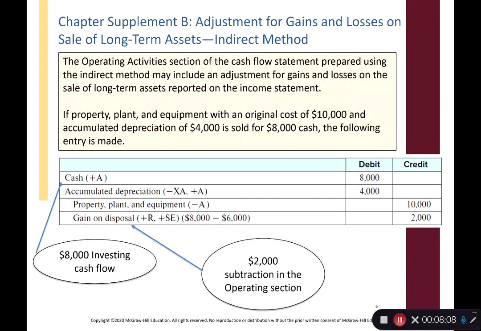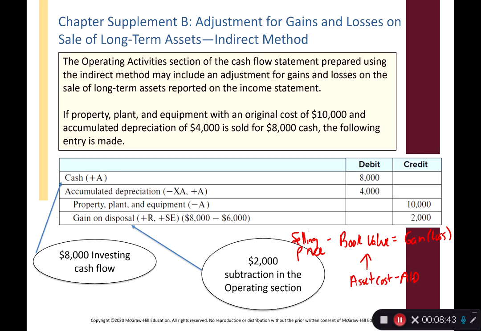Last thing we're going to talk about is how do we deal with gains and losses. They show a big journal entry for this. I think it's just easier to do the formula. Sales, or the selling price, minus the book value of the asset equals the gain or loss. Book value, remember, is the asset cost